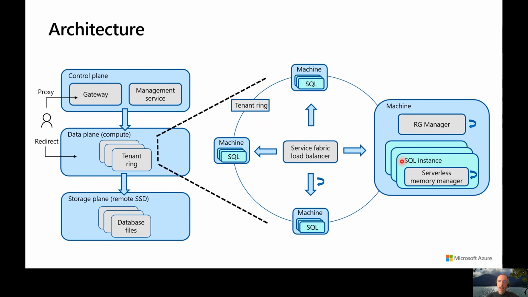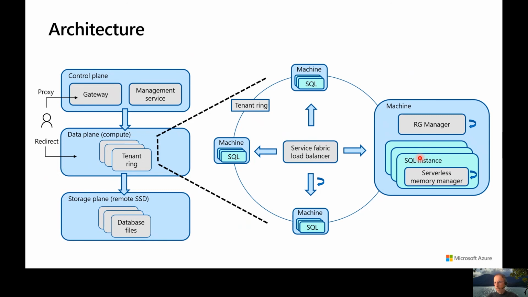The initialization of that serverless SQL instance, as one of its key steps, as we discussed before, involves attaching these remotely stored database files. And then at the conclusion of that resuming process, the database is back online and able